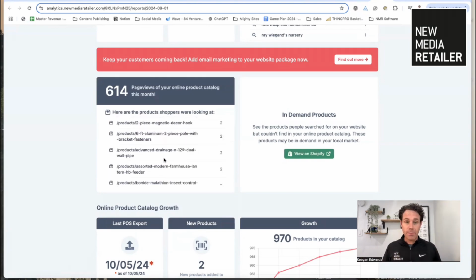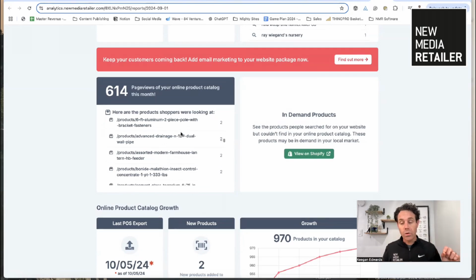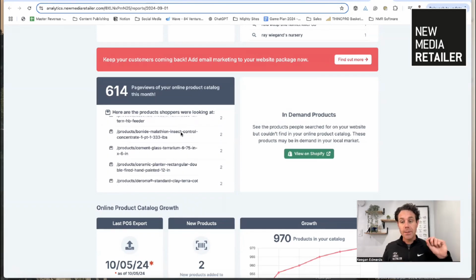The reason we do online product catalogs is because we know from overwhelming research and analytics like this from thousands of other businesses, stores that we work with, people are using the online product catalogs in the hundreds, if not thousands, every single month to look through local retailers' online catalogs to make a decision before driving into the store. We know that local consumer thinks, hey, let me Google search this product, see who sells it, look at their online product catalog, see what types of things they sell, plan my shopping trip,